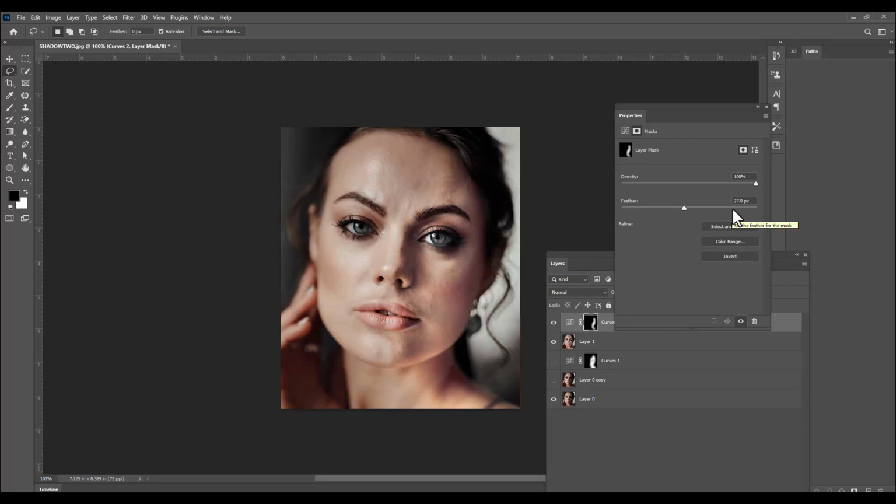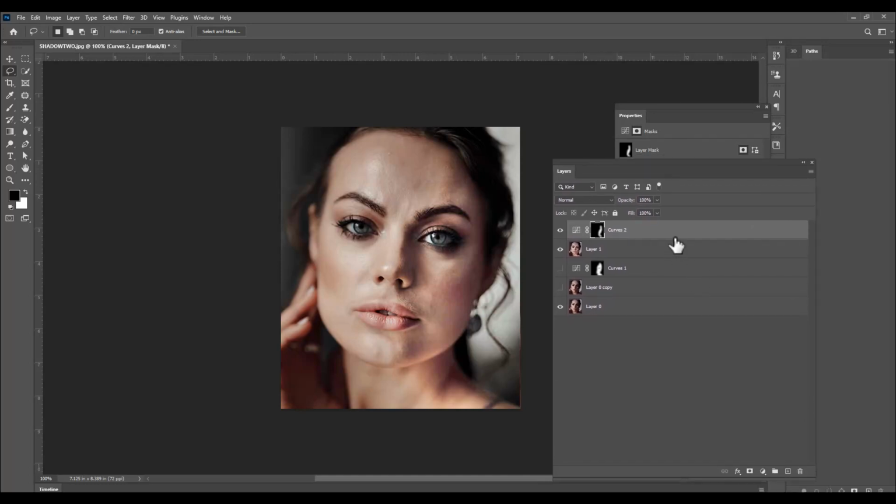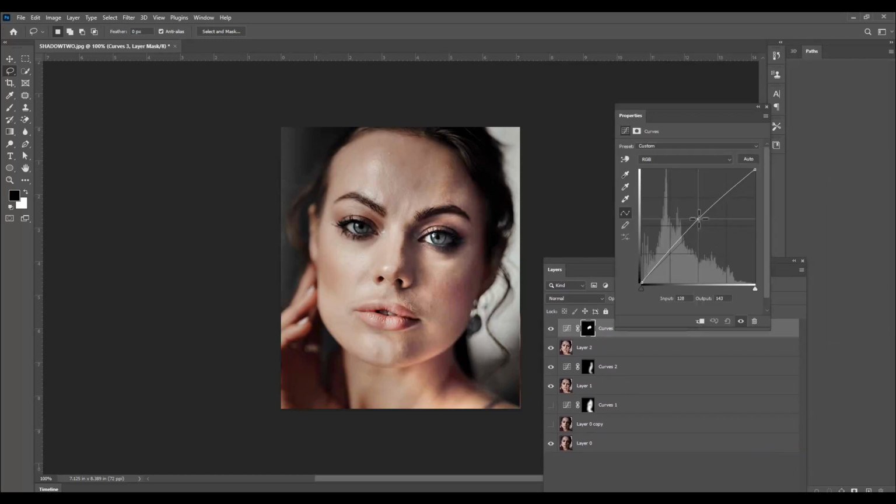So we can see. And we can again take one more merged copy, Ctrl Alt Shift E in PC or Command Option Shift E in Mac, and if we want to further reduce the darkness on her face, we can see some darkness on her nose. If you want to remove even that also, we can again draw a selection from her eyes to nose, and we can just use the curves adjustment one more time. We'll increase the brightness,